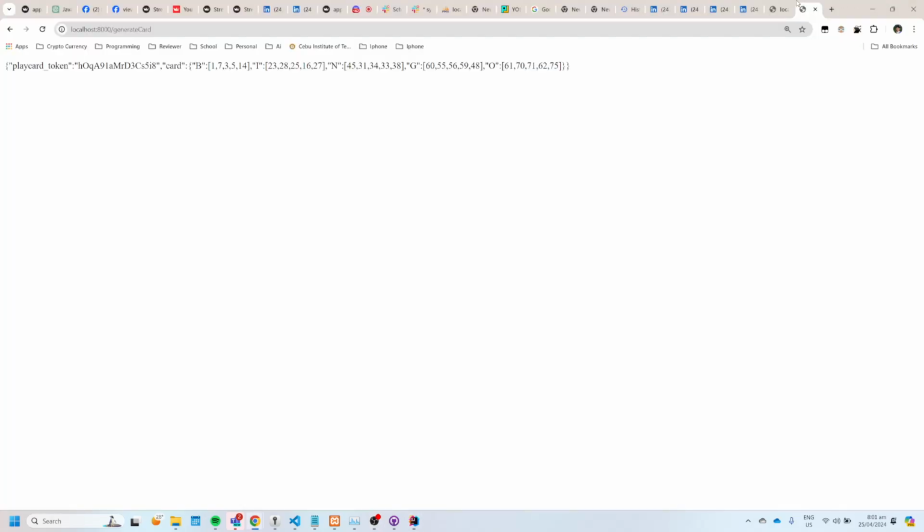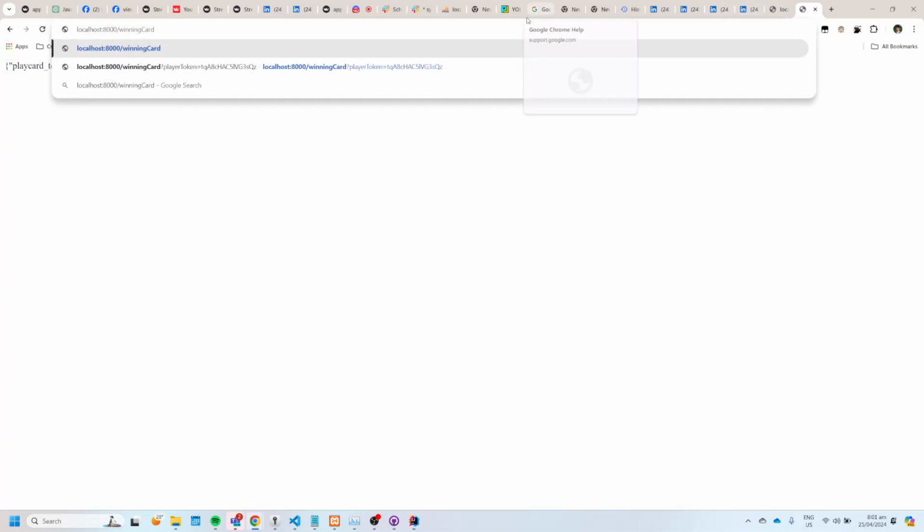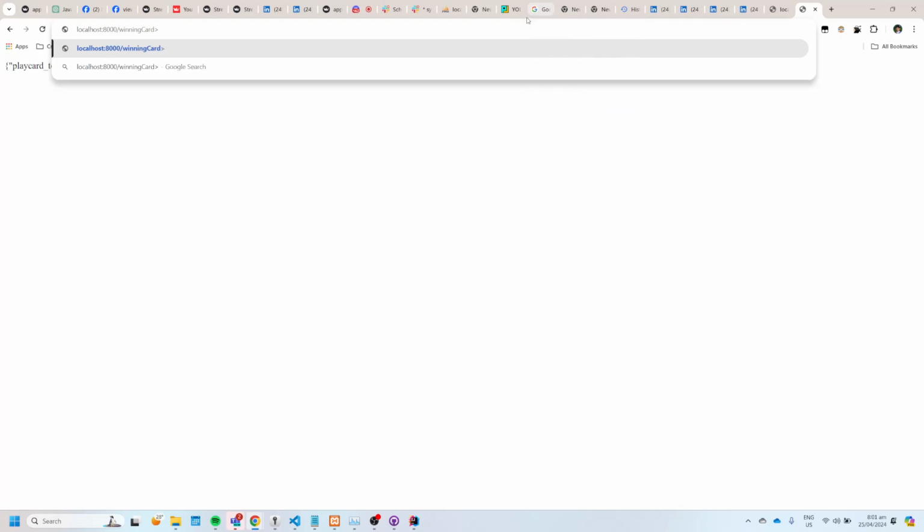After we generate a card, this is a generated card with a token. We can just input the generated card token here. Green tractor. So this is the combination. Winning card, question mark, player token is equal to